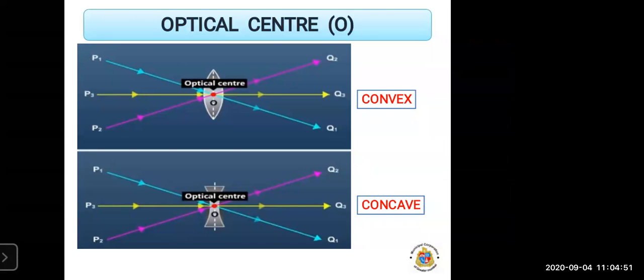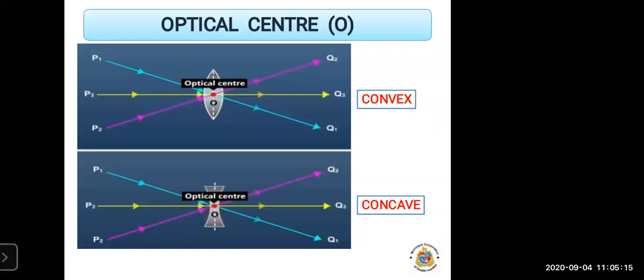Okay, when it is incident into the lens and it changes its direction, that is the first refraction. Means the first refraction is when the light rays pass through the lens, then they get refracted. Okay, and when the light rays come out from the lens, there is a second refraction.